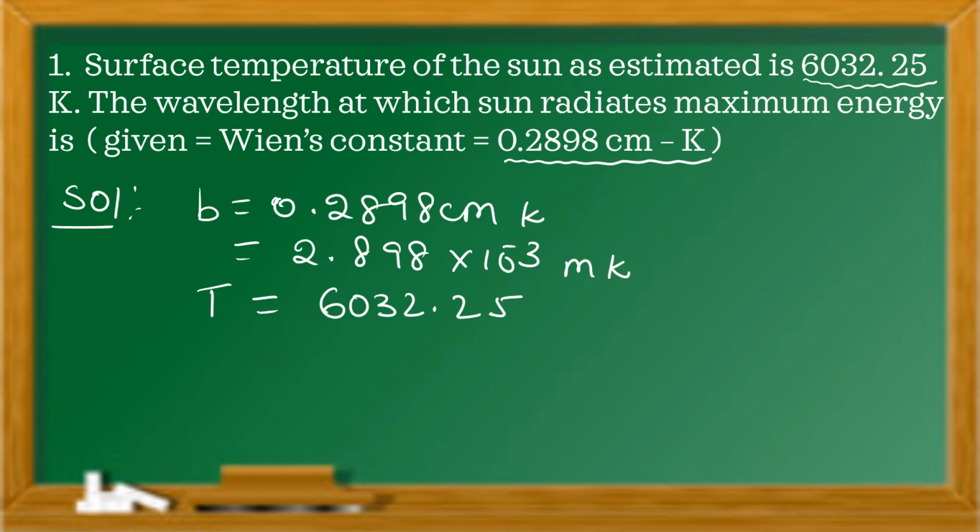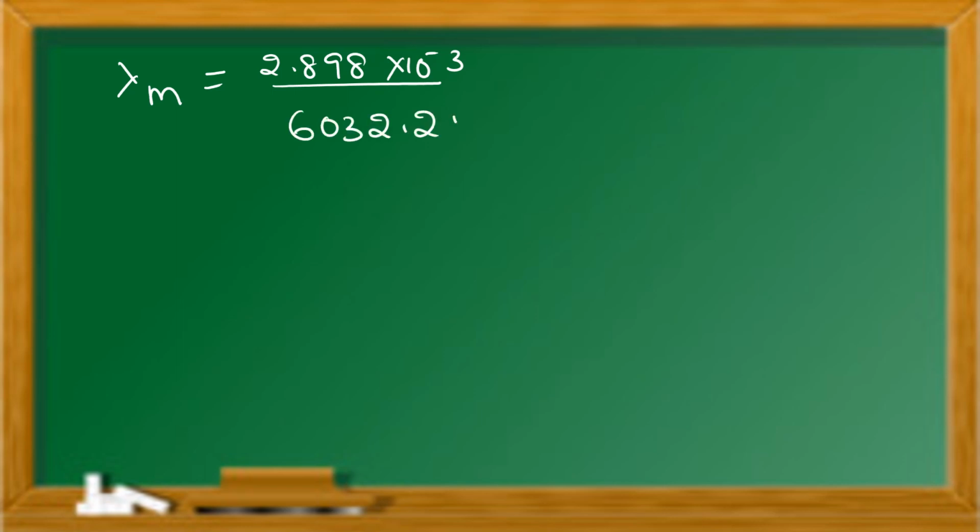6032.25. Next, according to Wien's displacement law, lambda m into T is equal to b. So from this we write lambda m is equal to b by T. Substituting the values of b and T in this equation, b as 2.898 into 10 to the power of minus 3 by 6032.25. After doing this calculation, we are getting